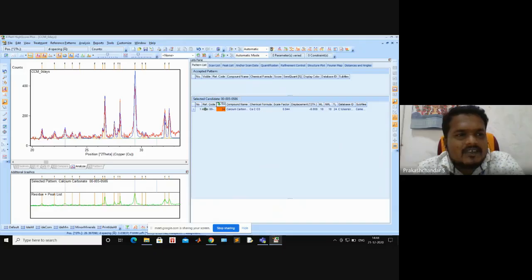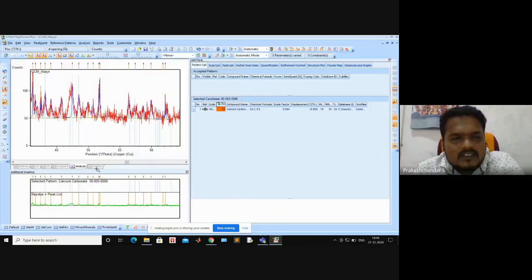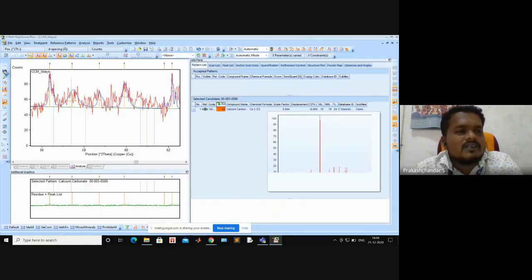So like that you can go back, and like that everywhere you can check whether all these lines coincide or not. So this one also coincides. So one, two, three, fourth line coincides. So here, one, two, three, four, this peak value also belongs to calcium carbonate. And see here, the remaining ones all do not coincide. Okay, so these are all not related to the peak line. Can go back,